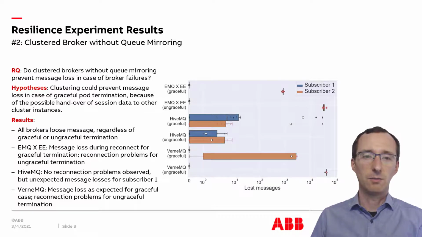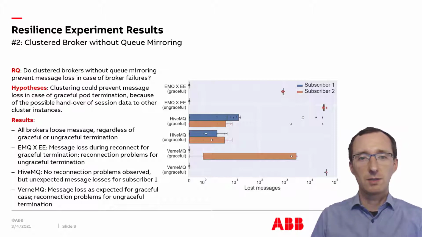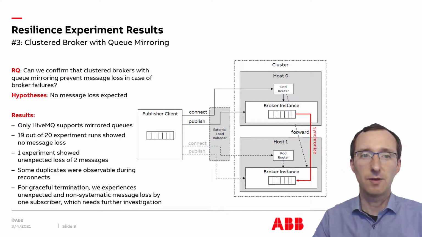In an ungraceful termination scenario, we saw that EMQX and VerneMQ even experienced reconnection problems where subscribers were not able to reconnect to newly spawned instances of the broker after termination. For HiveMQ, we observed another interesting effect where subscribers experienced message loss that were not directly connected to broker instances that were terminated. This brings us to the final set of experiments we want to share today, which is the